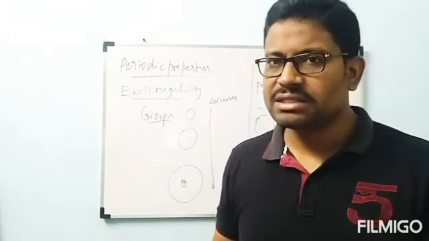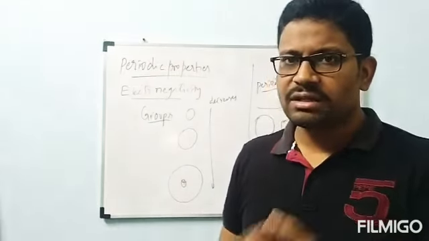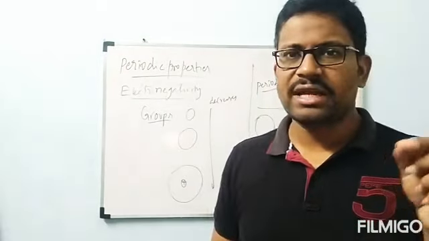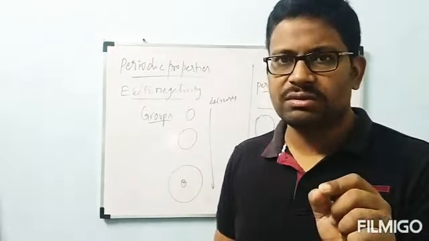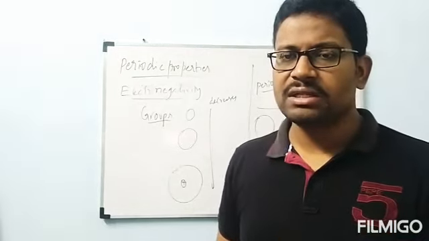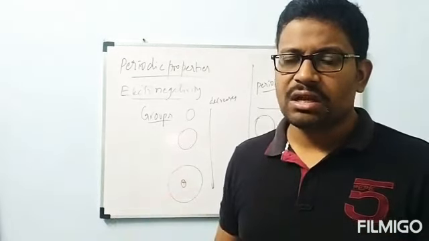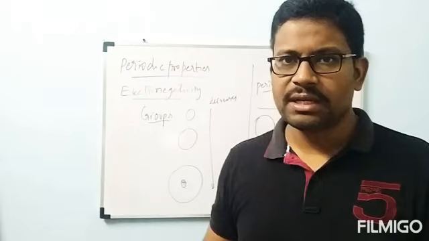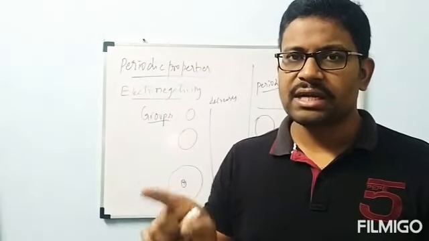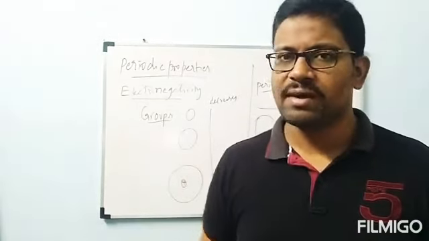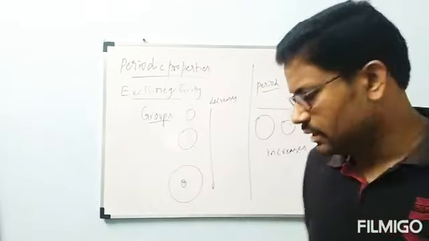Regarding electronegativity, some formulas are given. Just go through them once, like a revision, no need to memorize them. But the important thing is the definition, how it varies in groups and periods, and how it is related to the formula. This is about electronegativity. Next.